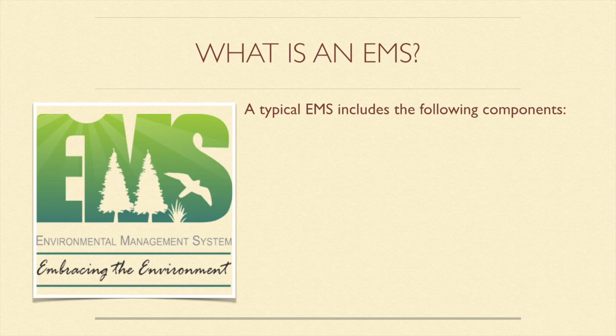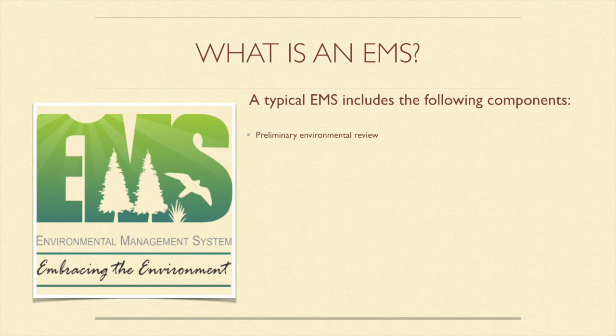To begin with, let's ask the basic question: what is an environmental management system, or EMS? An EMS helps ecotourism businesses and organizations to evaluate, manage, and reduce their environmental impacts by creating a system to integrate environmental management into business operations. A typical EMS includes the following components: a preliminary environmental review, the development of environmental policy, the setting of goals, objectives, and targets,